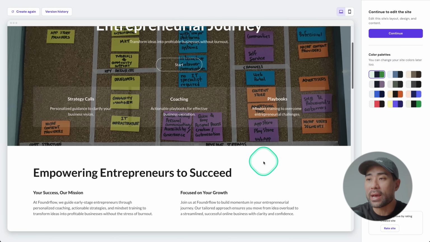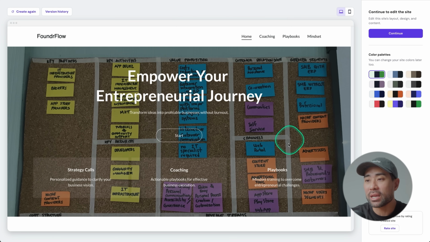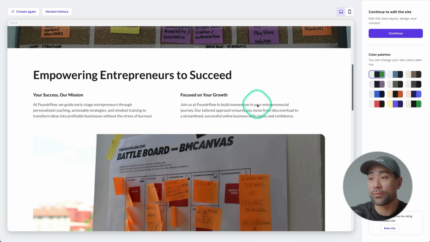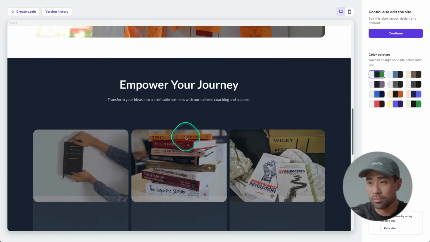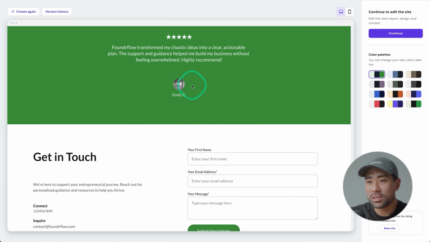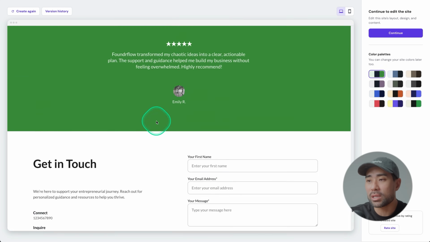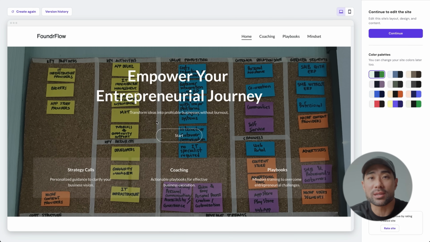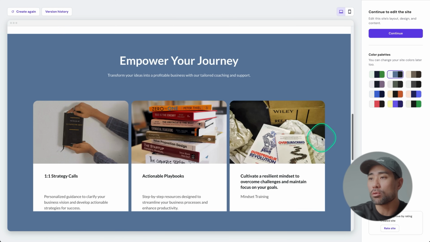It's laid it all out, even added a background image. It's a little distracting, but this could very well and easily be changed. We've got a header here with a menu bar, and then down the bottom, we've got some features and a little bit about them, some offers as well, and then down the bottom we've got testimonials and get in contact with us. So these are basically the essentials that you need to have on your website. And from here you can change your color scheme if you'd like to do so. That'll change. You can see the different colors and how that affects it.